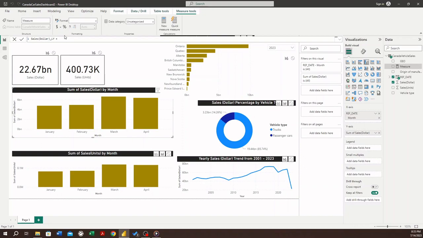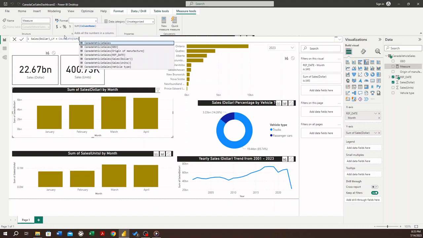So you're going to use a function called CALCULATE, start the bracket, and it's asking for an expression to calculate. So we are going to sum up the sales numbers, sales dollars. So use expression SUM,